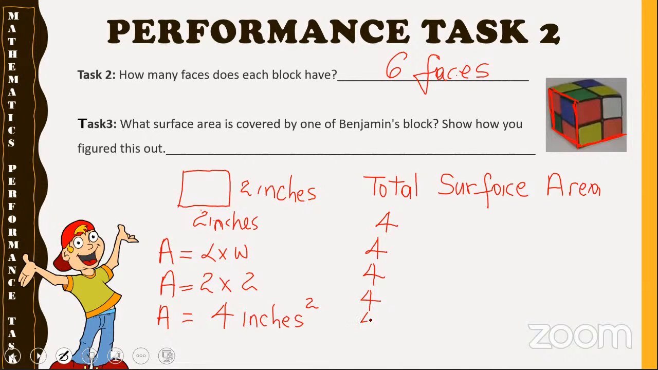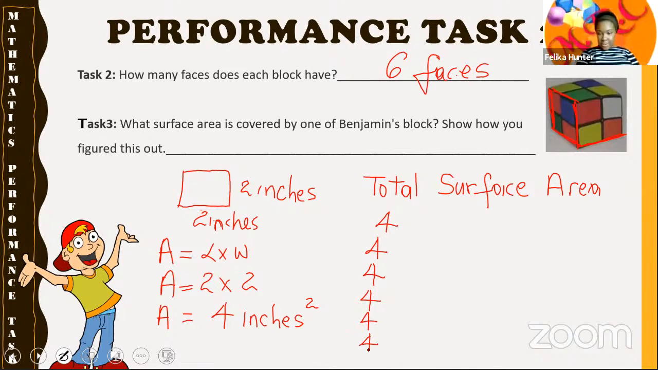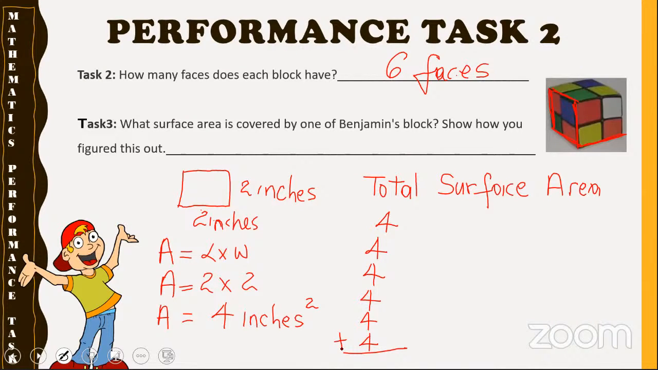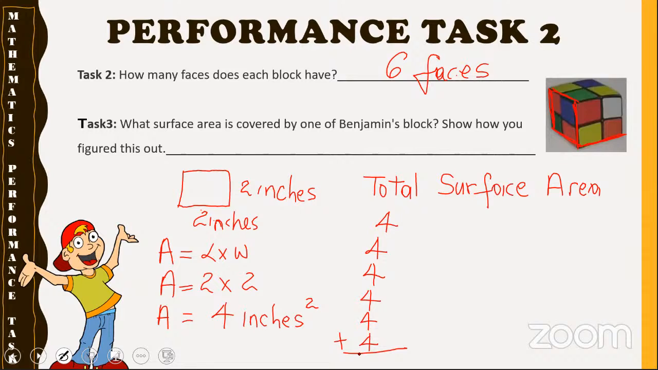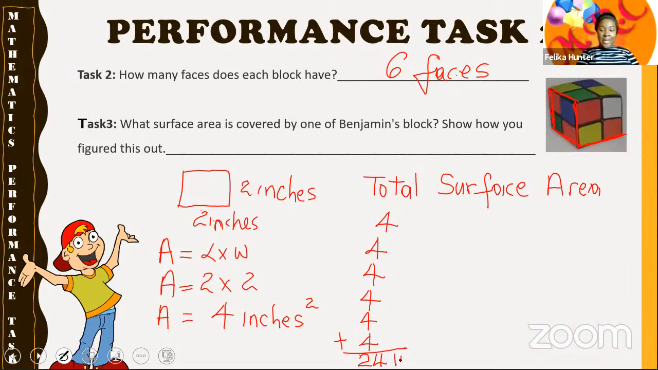4 by 6. So we could have added 4 6 times, and adding 4 6 times, what would be your answer? 4 plus 4? 20, answer would be 25. Check again. Almost there. 24. All right, so it would be 24 inches